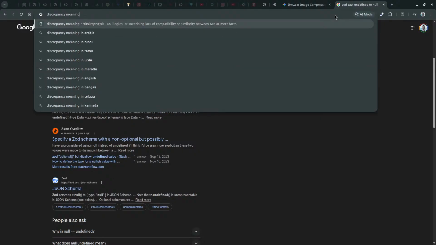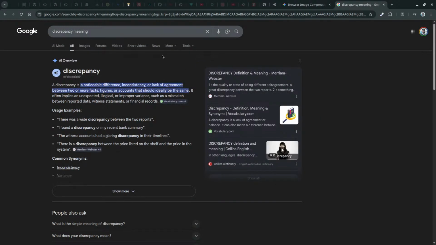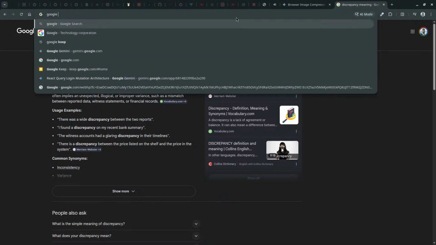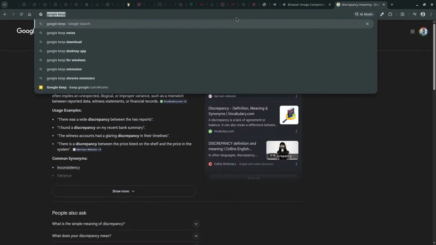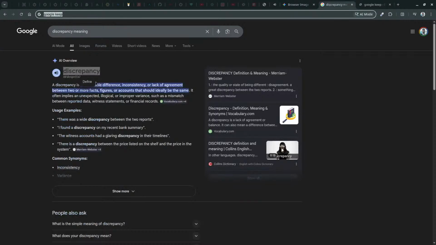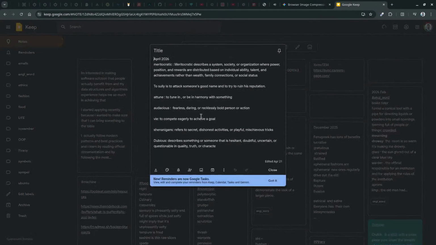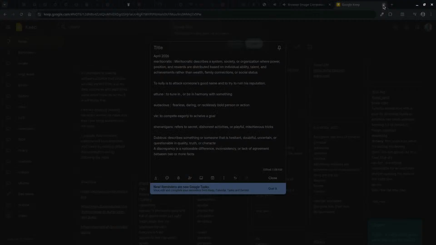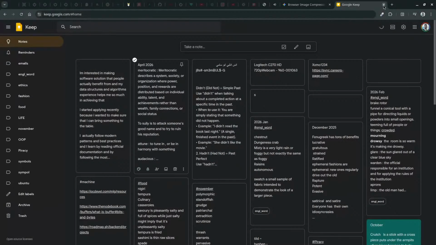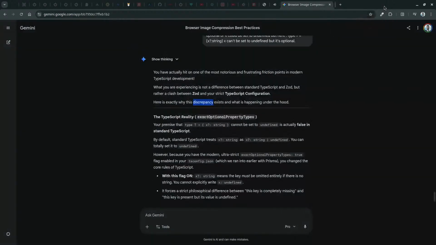Discrepancy meaning a noticeable difference, inconsistency, or lack of agreement. Okay, nice.